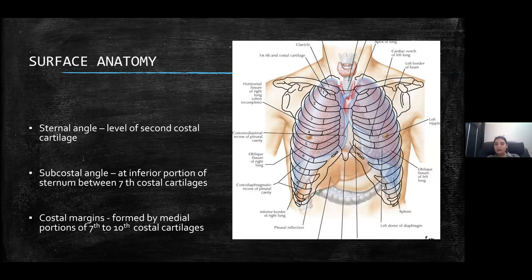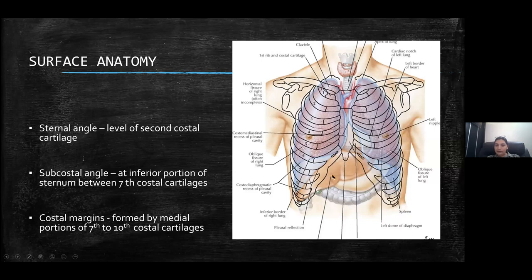One must be scared, but if you know good anatomical landmarks out here, it is very rare to puncture the pleura. So I'll just roughly tell the surface marking here. Everybody knows that the angle of Louis, or the sternal angle, corresponds to the second costal cartilage. If you go down below and come to the subcostal angle, the subcostal angle here roughly corresponds to the seventh costal cartilage.